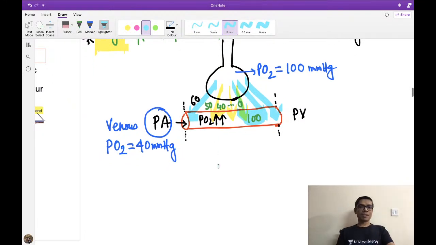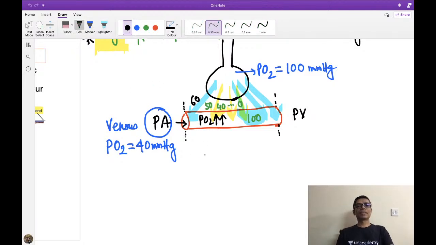Now I am asking, can you say that the difference of partial pressure between alveoli and capillary is always 60? Can you say that the average difference is 60? The answer is never, because the difference is only 60 at the beginning. After that the difference will decrease. So if I have to measure the average difference of partial pressure between these two spaces, I can understand that